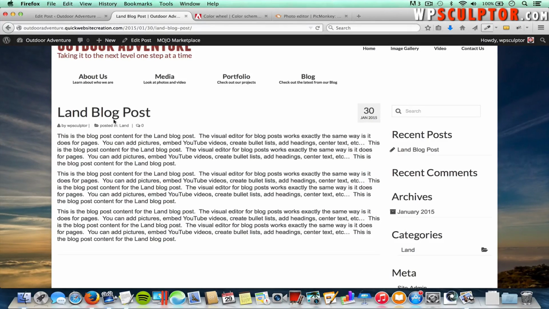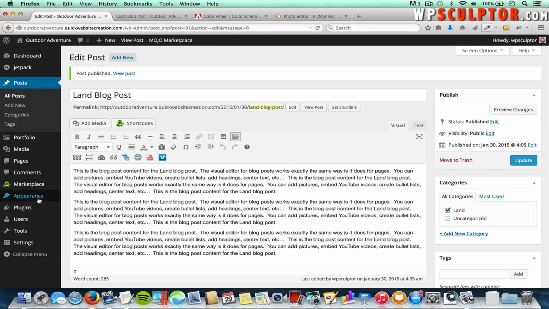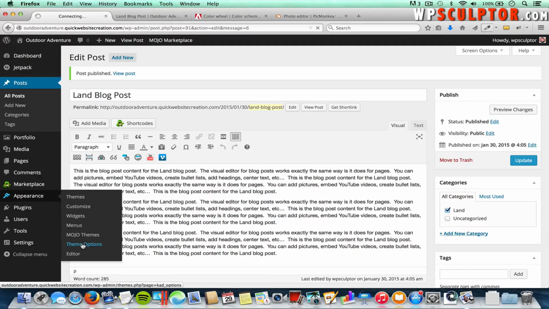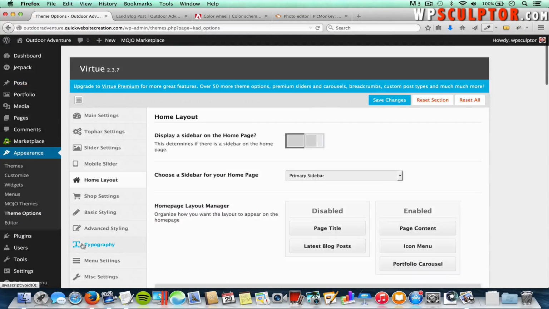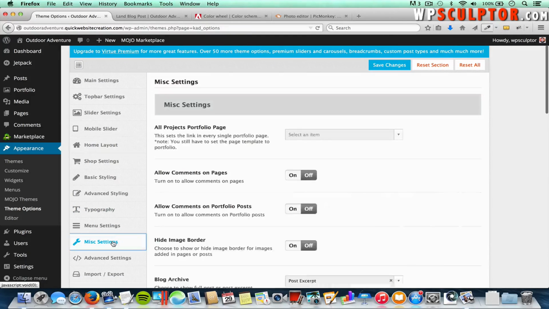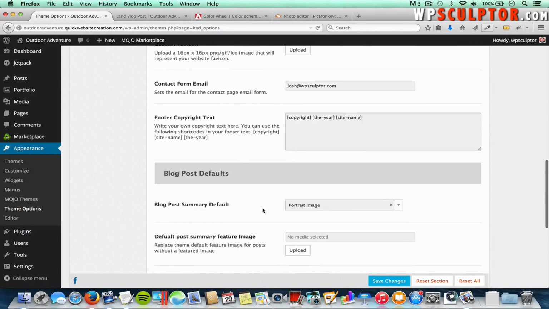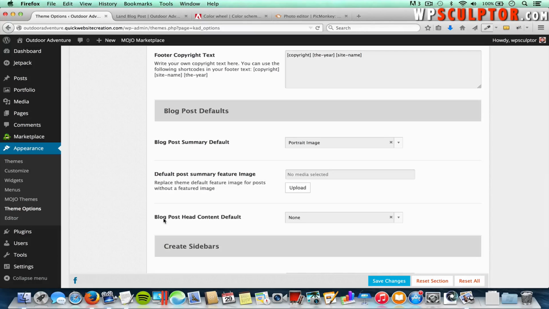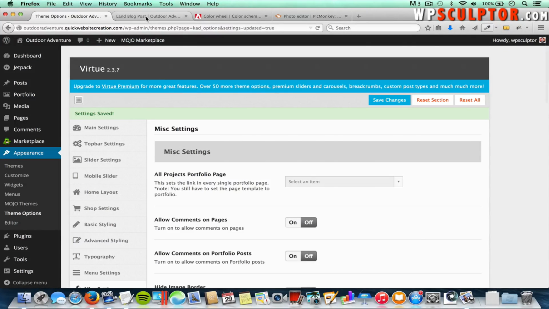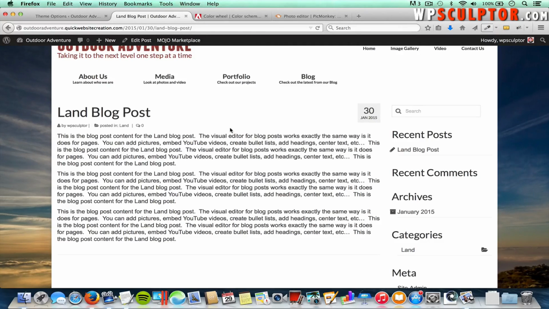And let's go back, and I want to show you how to set it so that the featured image of the blog post actually shows up on the individual blog post page above the title and the content. To do that, let's go back to the back end, and we're going to go to Appearance and click on Theme Options. Then scroll down and click on miscellaneous settings, and then we'll scroll down towards the bottom. And under blog post defaults, next to blog post head content default, we're going to select this and select image, and then click on save changes. And now if we go back to the front end of our site and refresh this individual blog post page,